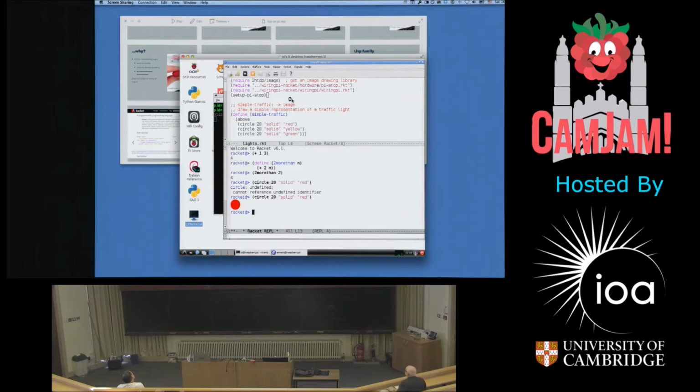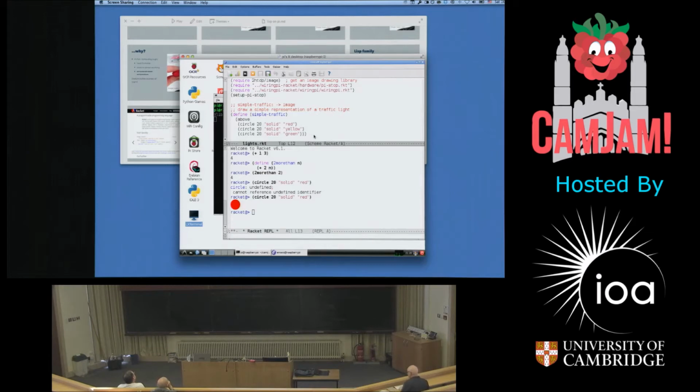And that sort of gave me a thought. So what if we do something like this? The subject of this is traffic lights, I guess. So we can define a simple traffic light, which has got those 3 circles, one above the other. There's a graphics primitive called above, which places things above each other. So if I execute that,